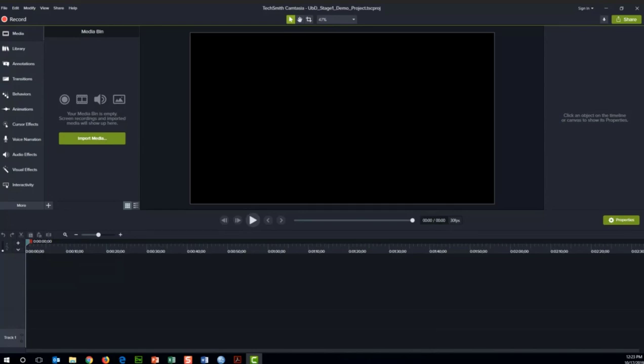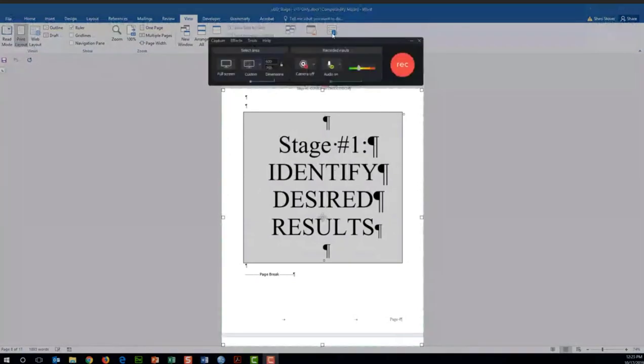It's actually quite powerful. It's called doing a screenshot, and this is amazing. If you ever want to create training videos for folks to learn how to do websites or software programs, it's incredibly powerful. So in this case, we're going to do a demonstration to somebody on UBD Stage 1. So it's quite simple. We'll go ahead in the upper left-hand corner and click on Record, and you get this